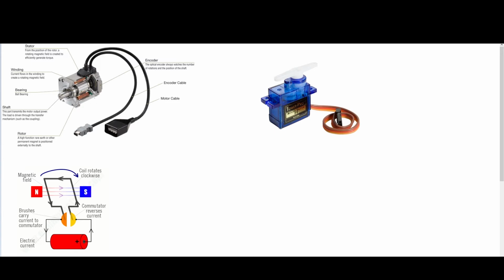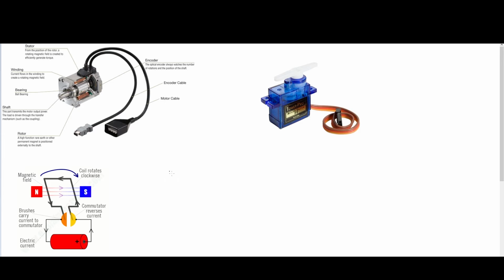And the way it does that is it uses feedback. Namely, it has an encoder for the angle it has. Basically, if it rotates 181 degrees, it knows that it is 1 degree off of 180. And it uses that feedback to rotate it back in the opposite direction, back to maybe 179 degrees. And then now you've overshot it, so go back to 180 and keeps going back and forth until it reaches